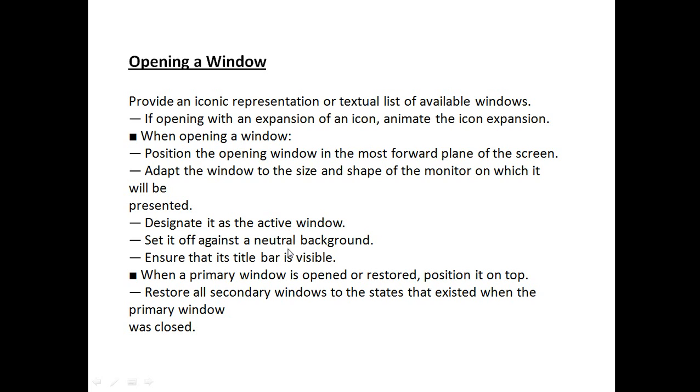We need to make the background a neutral one, which ensures that its title bar is visible. When a primary window is opened or restored, you need to position it on top and restore all the secondary windows, so that they return to the states that existed when the primary window was closed.